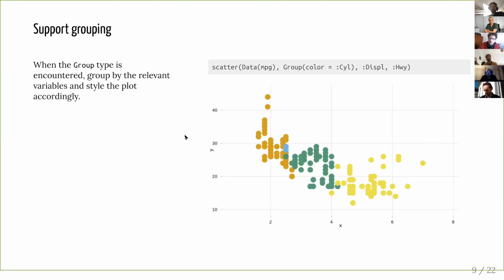And finally, this I think is the most interesting one, because it's the one that is slightly less trivial. You can pass a custom group object that gives you the grouping specification of the plot. So here I'm telling what column I will use to split, in this case just one, and this is run after data. So first I replace this with the actual column, so this will become a vector, and then what it knows how to do is to split the data and then make one plot or series, depending on terminology,